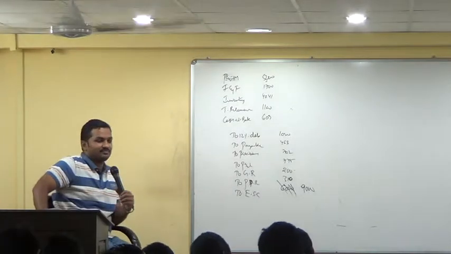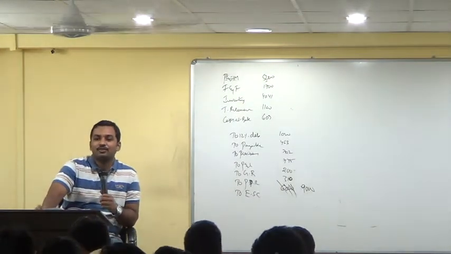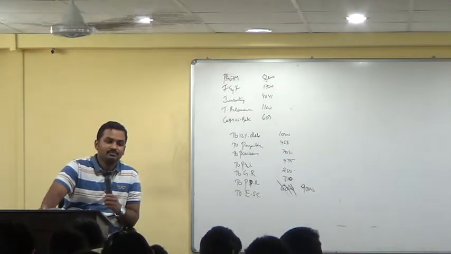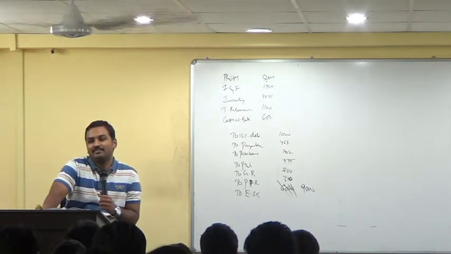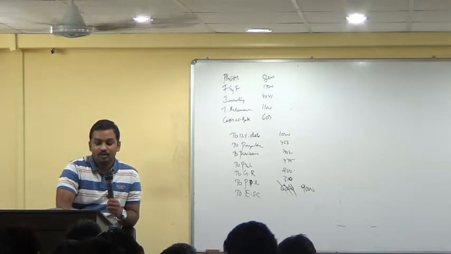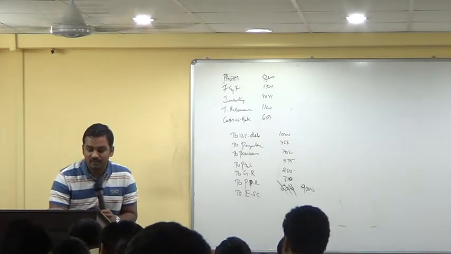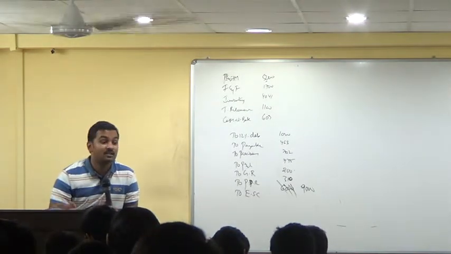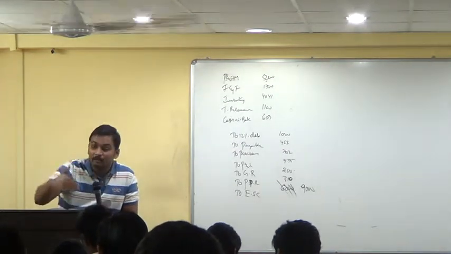1,65,000 equity shares of 10 rupees each, 16,50,000 rupees. Next, preference shares. Now see that point very carefully. Issued 15% preference shares of 100 rupees each to discharge the preference shareholders of P Limited at 10% premium. So we want to pay the preference shareholders of P a 10% premium.